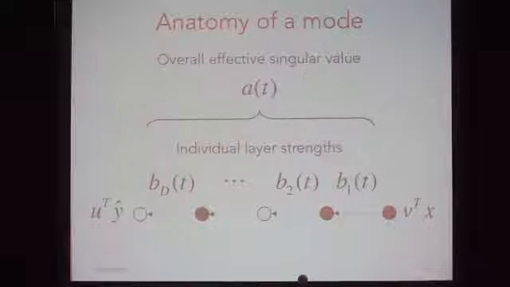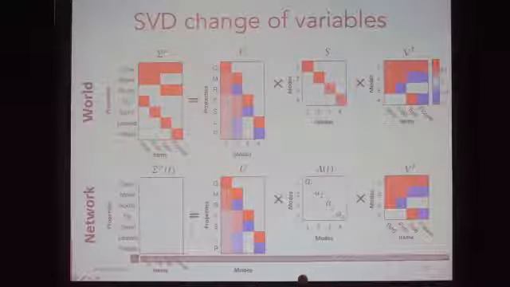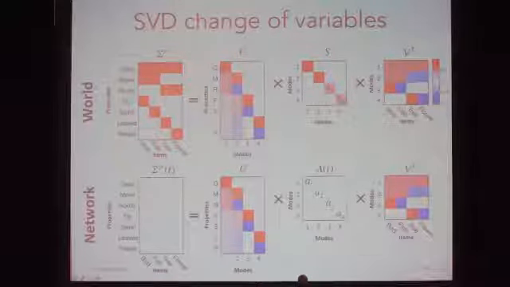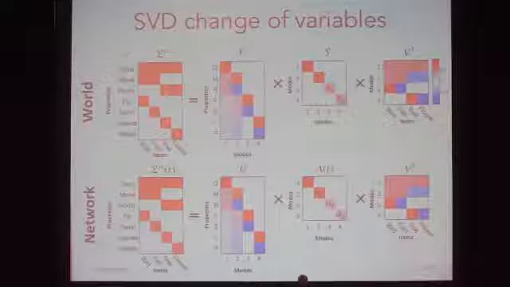Okay, so if we look at one of these 1D networks, what does it look like? Well, it's taking the projection of one of these singular vectors onto its input, and it's multiplying it by a bunch of scalars. So the B's are now scalars, indicating the layer strength in each of those 1D chains, and then you're projecting it onto the output. And if you multiply all those B's together, that brings you to the overall effective singular value strength. So again, just to show what learning looks like in this setting, let me play this video. And you'll see that the singular values pop up over time in the network, and it successively refines the network's input-output map until it's fully learned the input-output correlations.